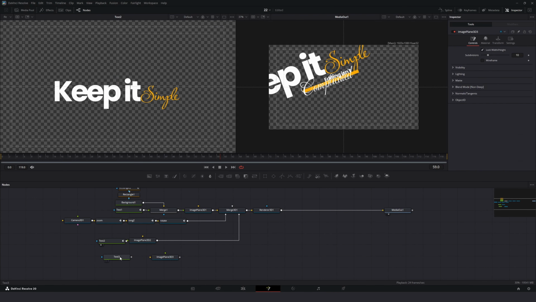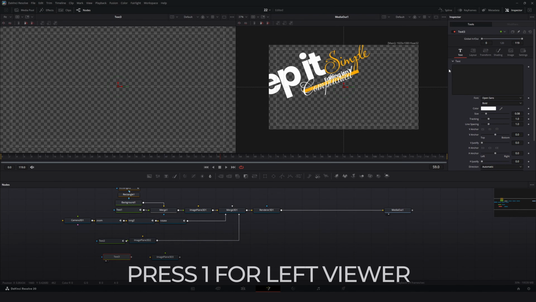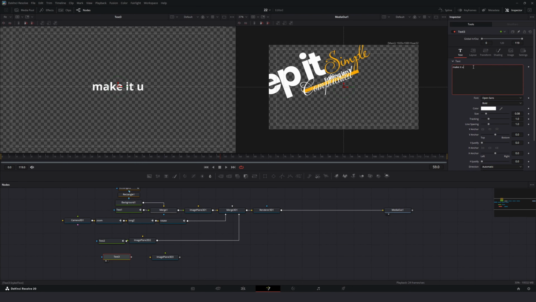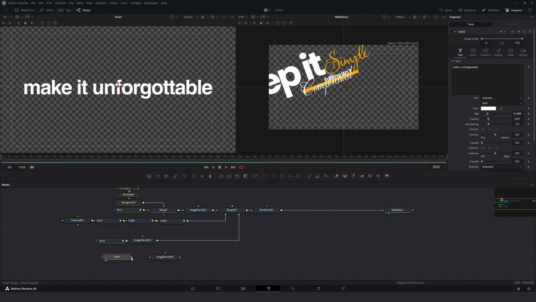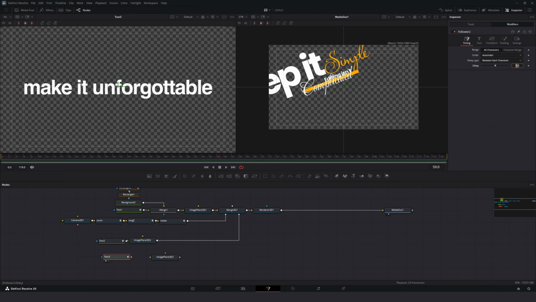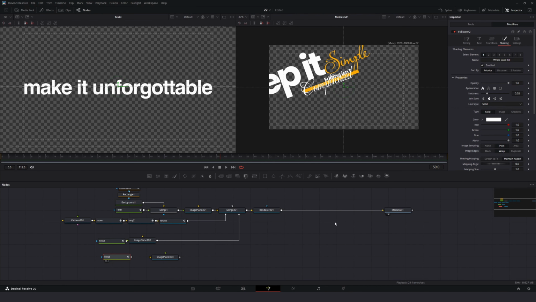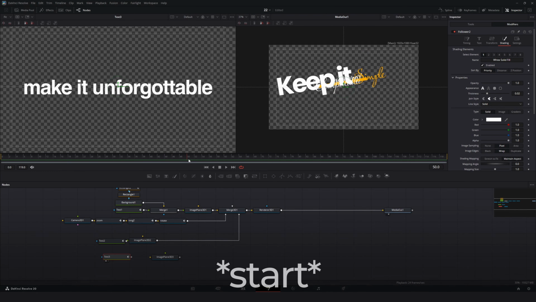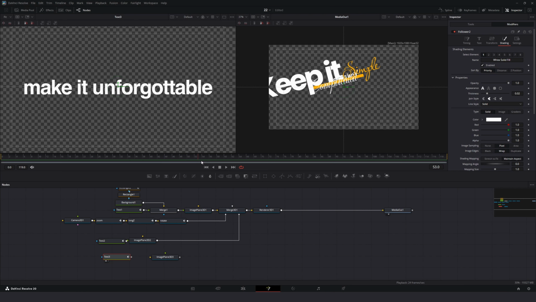So I will not connect it right here. Select one and type "make it unforgettable", and now I will quickly adjust this. So I'll right click and go to follower like here, and make sure your delay is 0.5, and now go to the shading tab, and you have to understand where to visualize the animation, and I will do it like 52